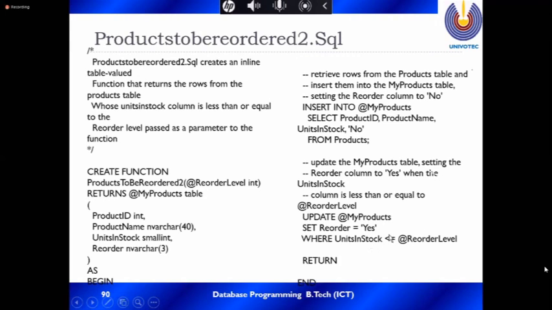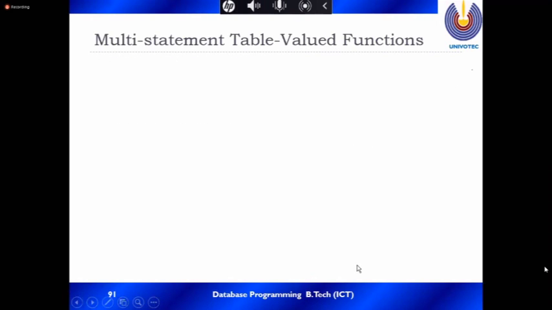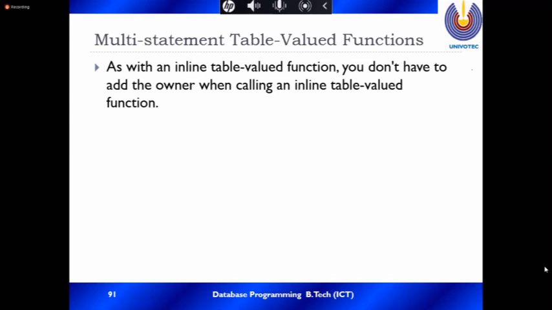If unit in stock is less than or equal to 10, then you want to put reorder as yes. If it is more than that, reorder is no. Then you can go.